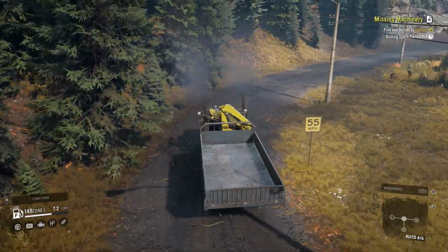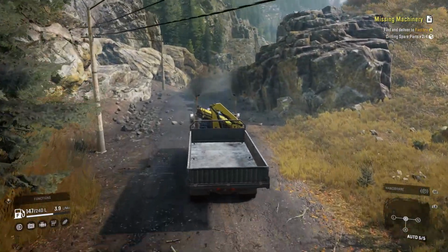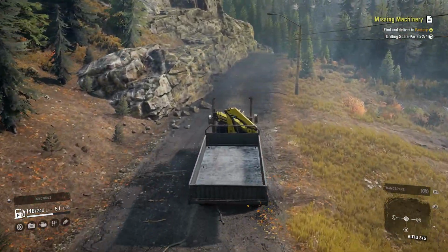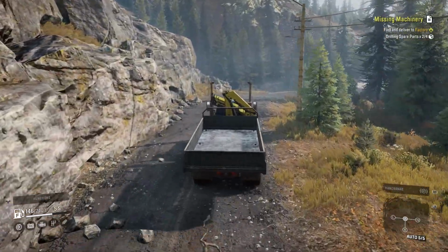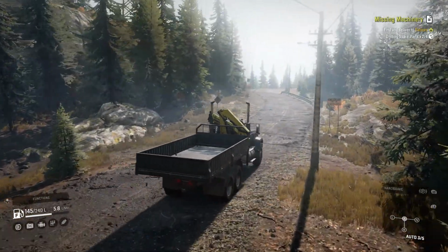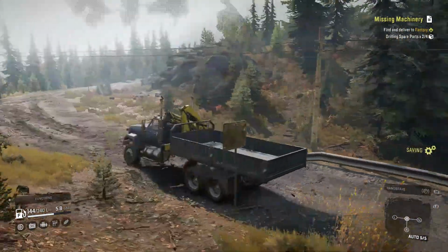Alright, we got 2 more crates to find, guys, and we got a little over half a tank. In 27 liters, we'll be at a half a tank. So, what I predict will happen is we will finish the job without running out of fuel, but we will not make it back to the garage without running out of fuel. I predict that the Scout's going to have to bring this thing fuel to get back to the garage. Maybe not. We may be able to limp it to the gas station. Depends on how hard these last 2 crates are to get. If these last 2 crates are easy to get, then we may...